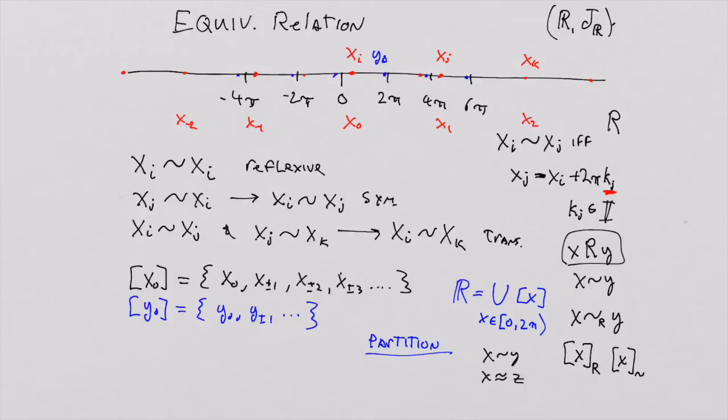So the way we create a quotient space is we are now going to create a map, because with these equivalence relations we have the ability to make a map. I'm going to now